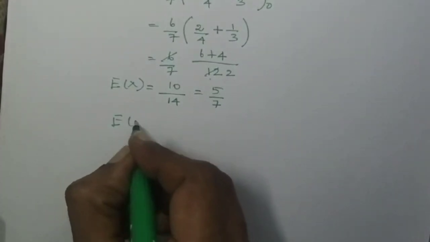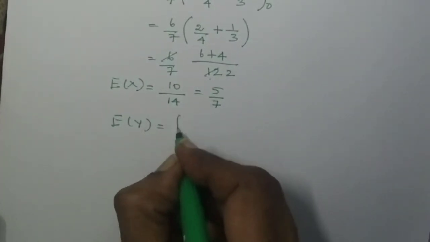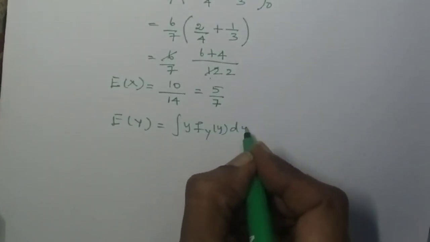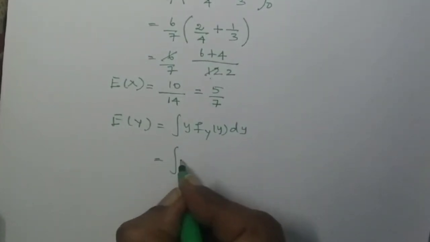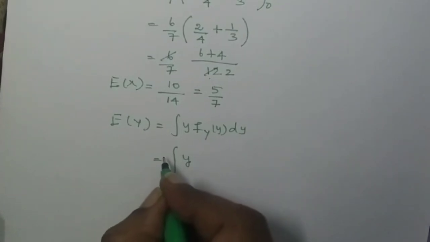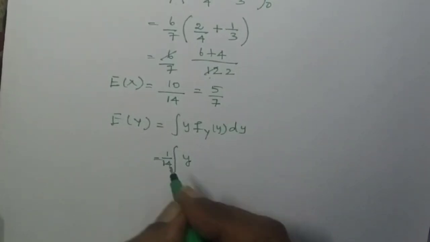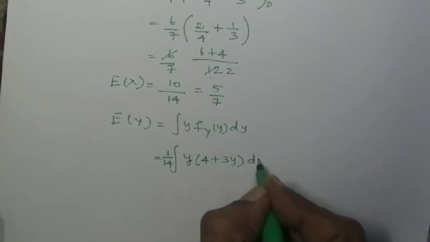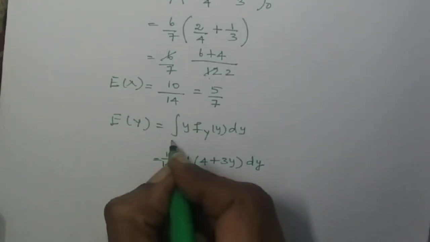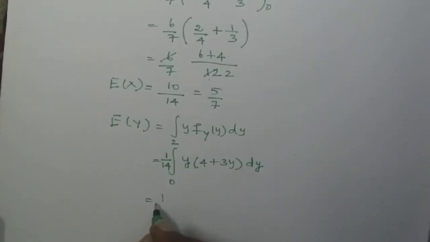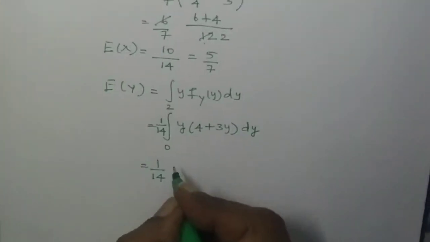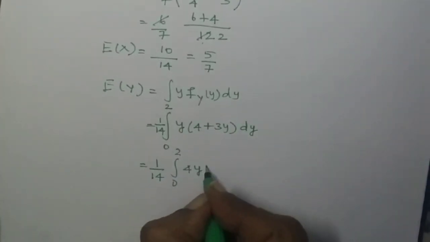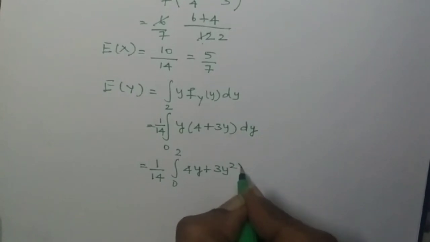Similarly, let us find E of y. E of y is integral y into f_y of y dy, which is equal to integral y into f_y of y, which is 1 by 14 into 4 plus 3y dy, where y varies from 0 to 2. Let us integrate this with respect to y. So it is integral 0 to 2, 4y plus 3y square dy,